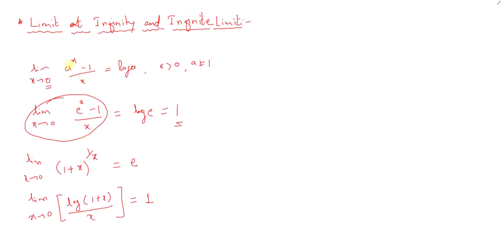If this x has any multiple, then the answer also has a multiple. We have to adjust that multiple, that is, if we have px, then in the denominator also we have p of x, but our answer remains log of a, where p is a constant. Remember this one and try to solve more examples from the same category, and you will get the idea about this one. These are very simple and very easy examples.